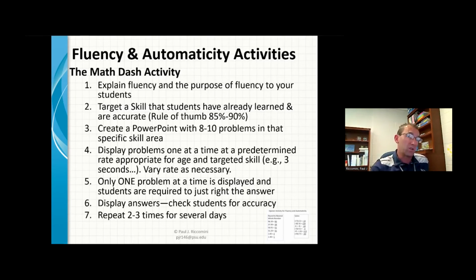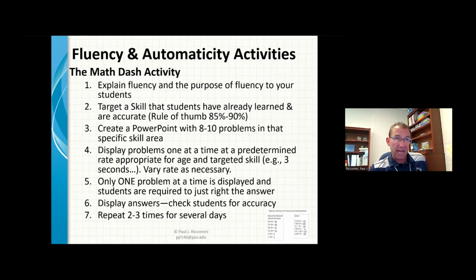Then the next week they go on to a different set of skills, and then they go on to a different set of skills. And it's just building this mental math across time. So you always hear mental math. We want mental math, but we kind of just tell the kids, you need to just do this mentally. And we're not really giving them ways to help facilitate that transfer. So there are basically 6 steps. I will say teachers that do this, the kids really like this activity. They enjoy it. So anytime you have kids enjoying something in math, I think that's a positive. So that's called Math Dash.